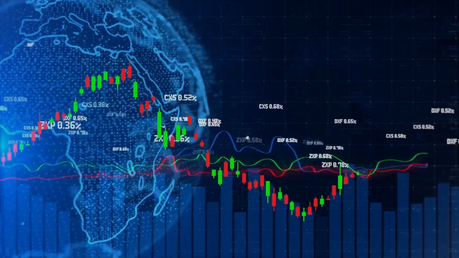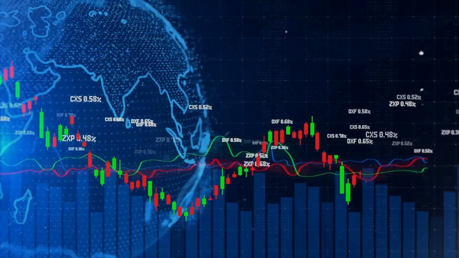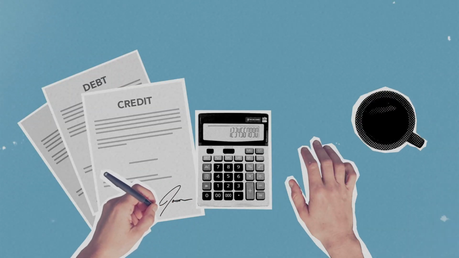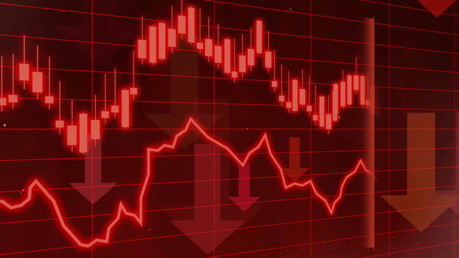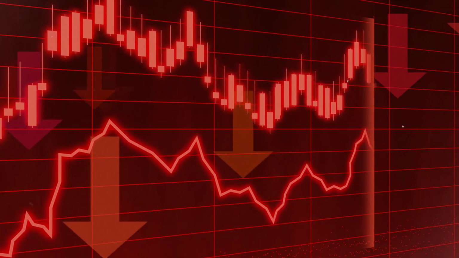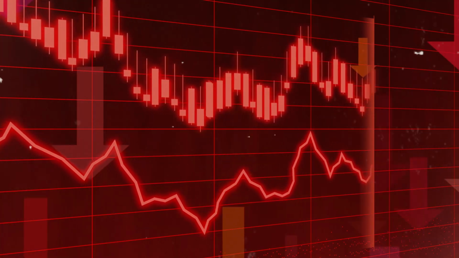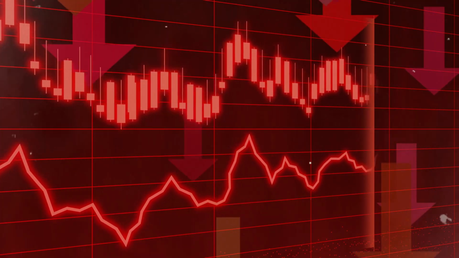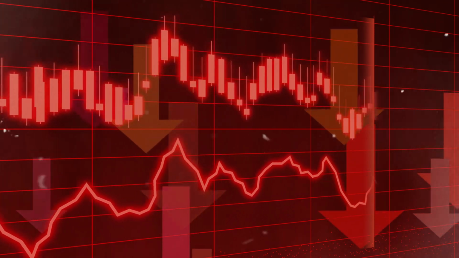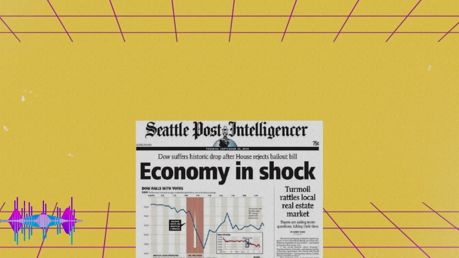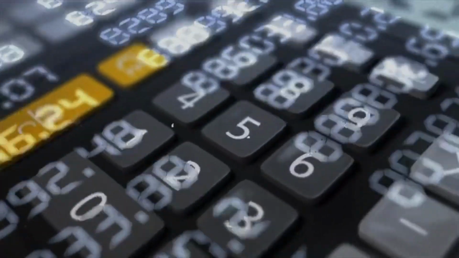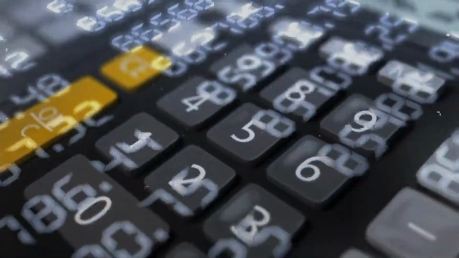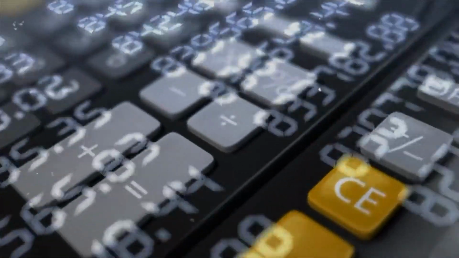Shifts in consumer or business confidence can also be a cause of recessions. If people or businesses become more pessimistic about the future of the economy, they may start spending less and saving more. This can lead to a decrease in economic activity, as less money is being spent on goods and services. It's worth noting that recessions can be caused by a combination of factors. For example, the Great Recession of 2008 to 2009 was caused by a combination of a financial crisis, changes in monetary policy, and shifts in consumer and business confidence. So now that we've covered what causes recessions, let's talk about how we can predict when a recession might occur.